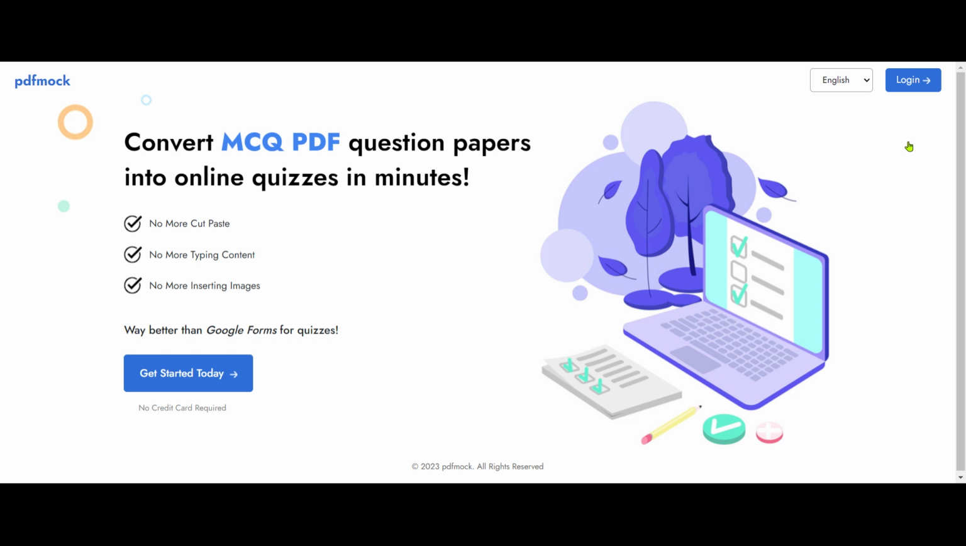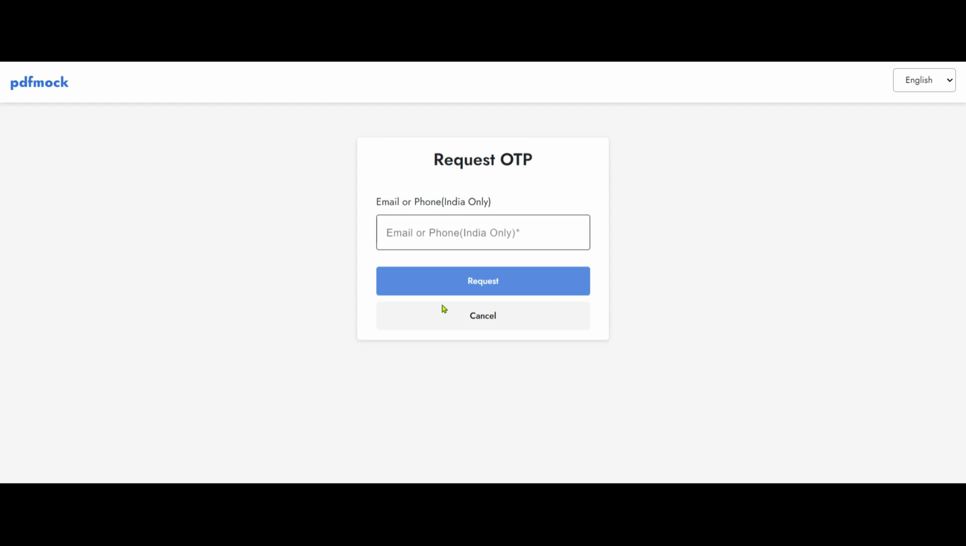I'll log in here as a teacher or the instructor. There are two ways of logging in. One is the email, and the other one is the phone. Email is for everybody, but with the phone, only Indian numbers can be used here to log in as a teacher. So I put my email ID here to get the login OTP,